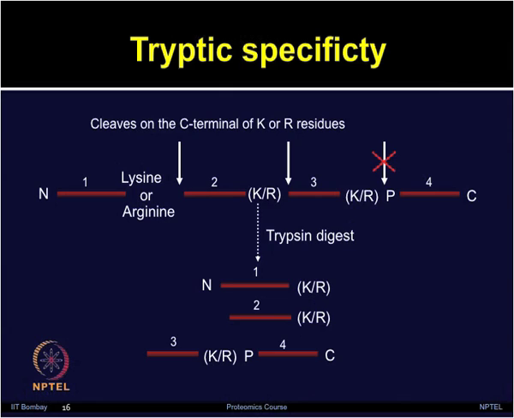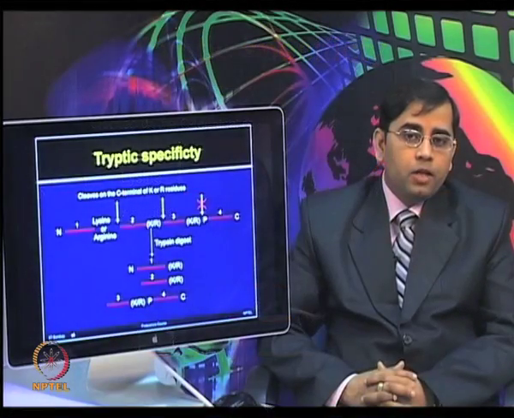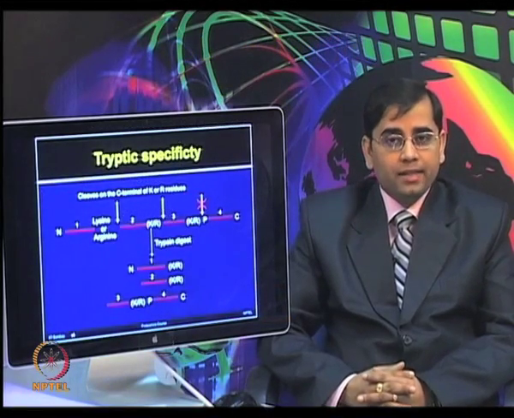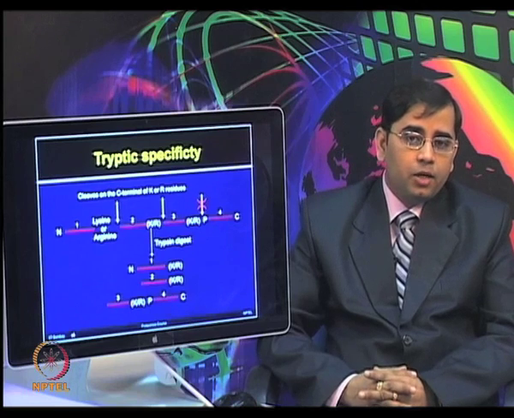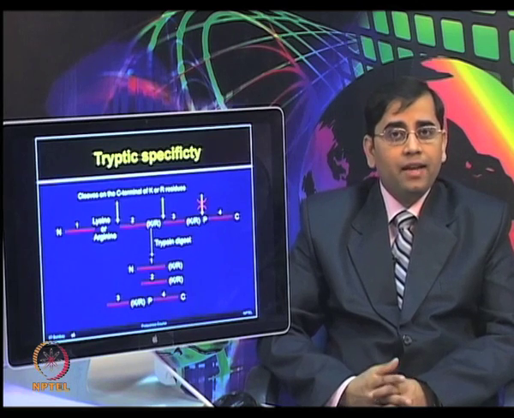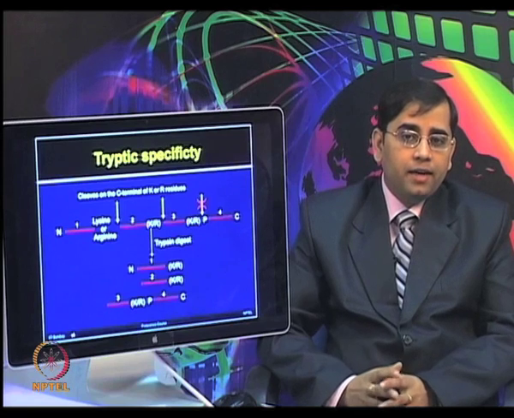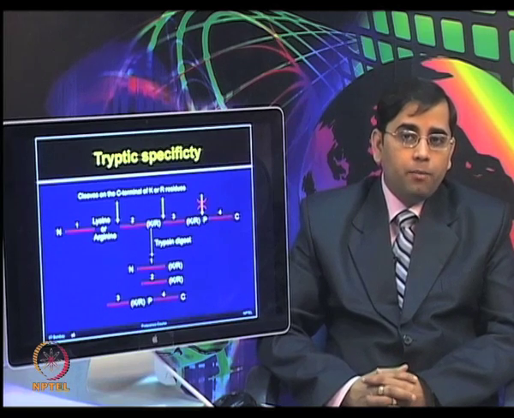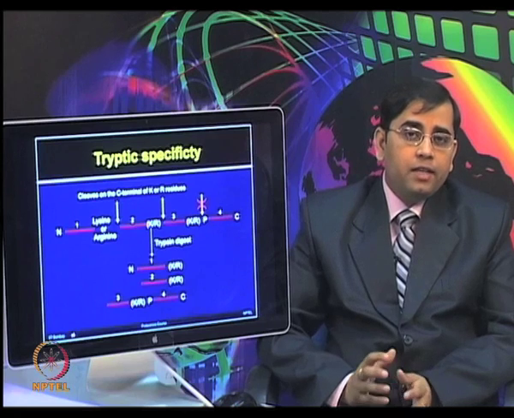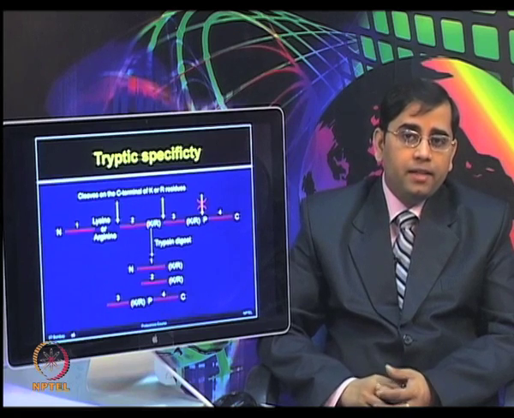One can use the modified trypsin, which is a serine endopeptidase. However, it cleaves at the proline-lysine and proline-arginine bonds at a much slower rate. You can see the cleavage process and the specificity in this slide, where it shows that if you have a lysine or arginine residue, it can break the bonds, but when there is a proline residue present there, then it cannot cleave.